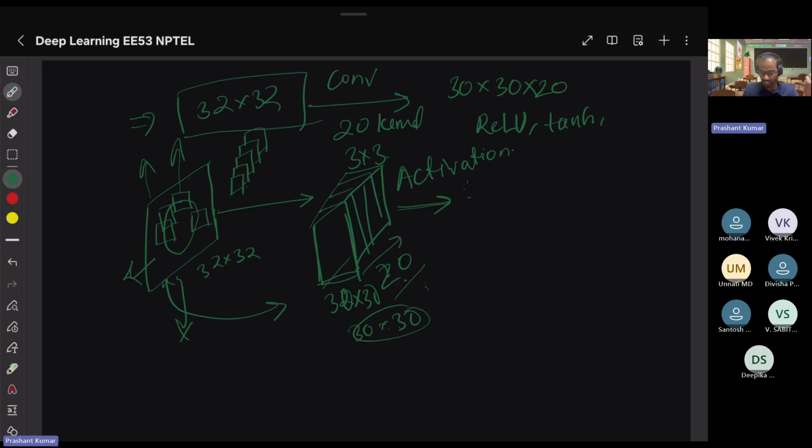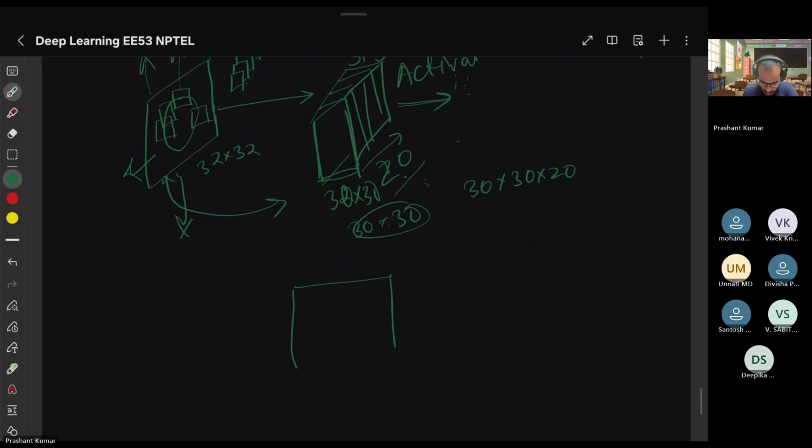And then whatever output I get here will have the same dimension of 30 cross 30 cross 20, and then I will do a pooling. So pooling is like, let's say I have an input of